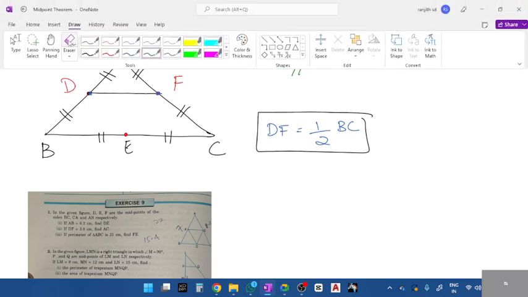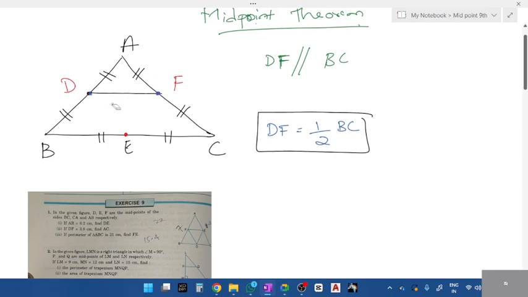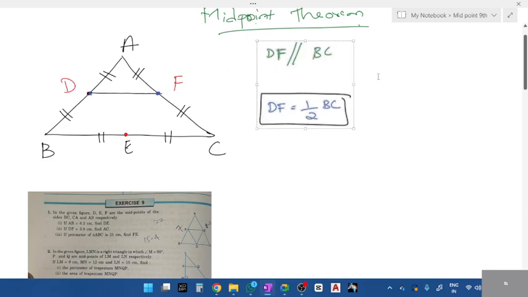Next. Now, which two lines did we draw the midpoint on, students? Which two lines did we connect? AB and AC. Now I'll connect D and E, these midpoints. With respect to D and E, DE will be parallel to which one? Which is the line which we didn't connect? AC. Very good. Third side. And what's the formula? DE is equal to,